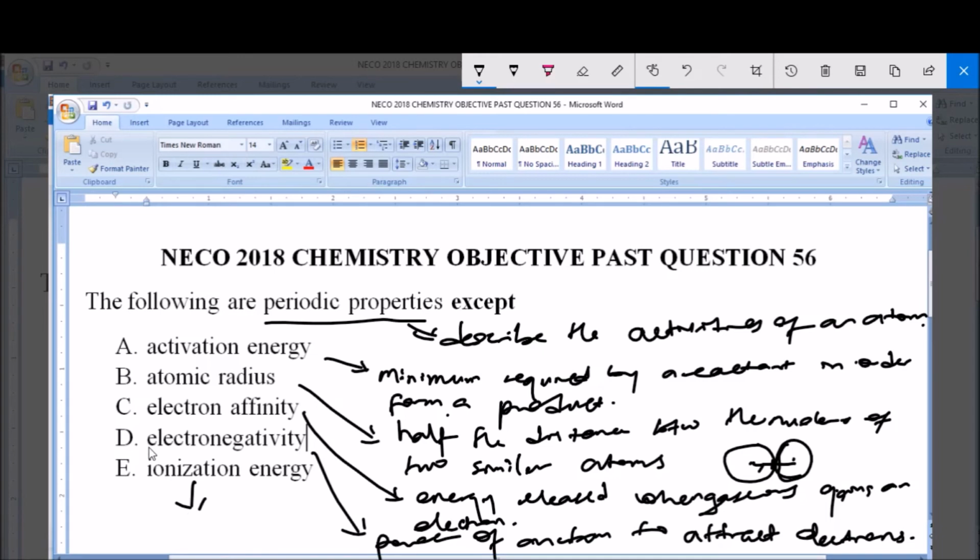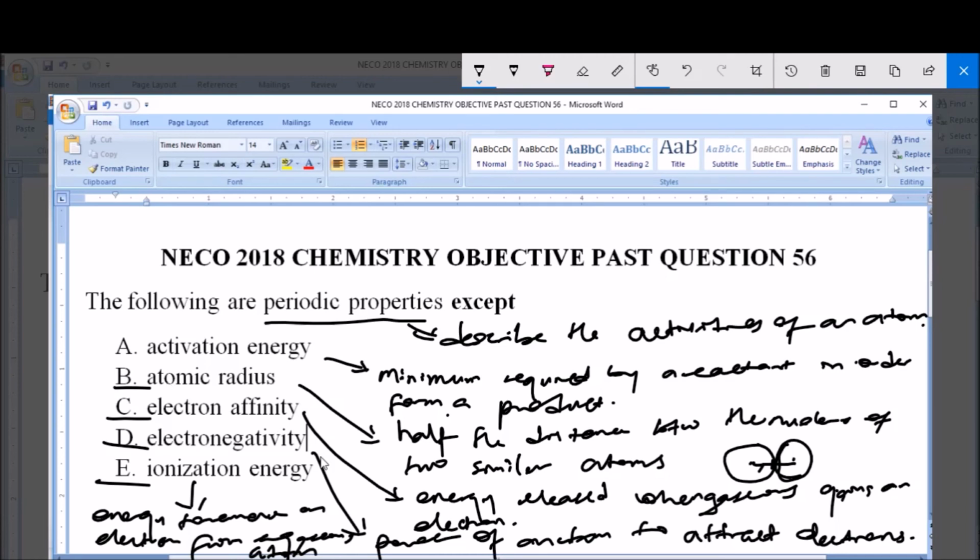Ionization energy now is just like the energy of an atom or the energy of an element that is required to remove an electron. That is energy required to remove an electron from a gaseous atom. Now you can see that options B, C, D, and E are all periodic properties because they